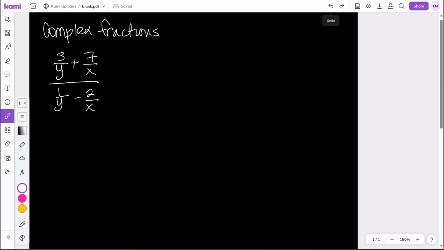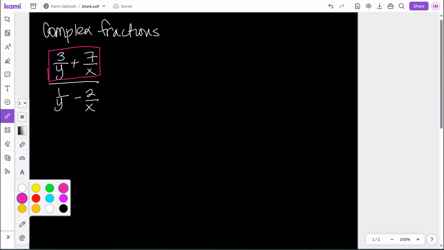First thing we're going to look at is complex fractions. So now we have 4 layers of fractions and we want to get it down to 1 layer. So I'm just going to target the top of this fraction, and in order for me to create just one fraction on the top and one fraction on the bottom, I need common denominators. So I'm going to target each one, and then we'll figure out how to get it away from 4 layers